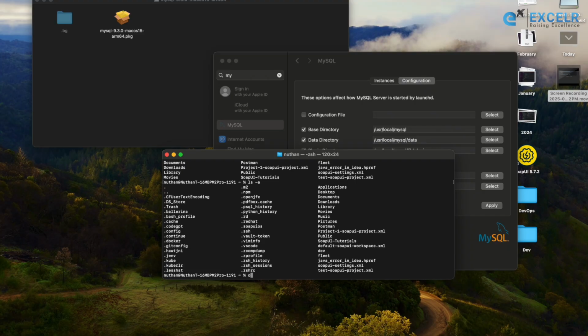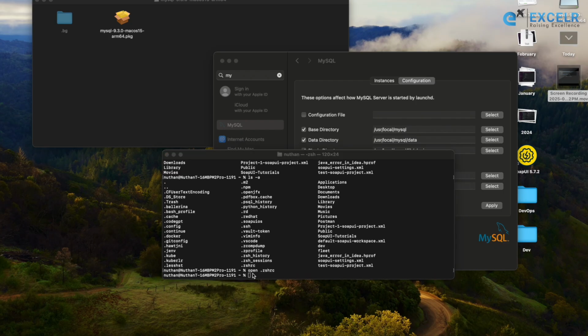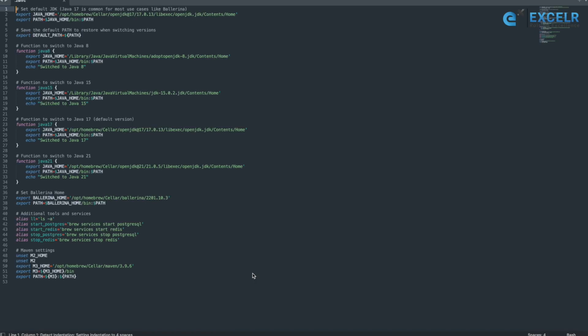So now we need to enter the file path of the MySQL bin folder into this particular file. Let's try to open this particular file first. So we would write open space .zshrc, and hit enter. So we can see here